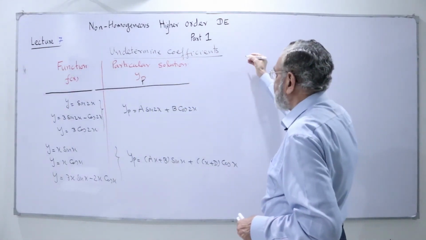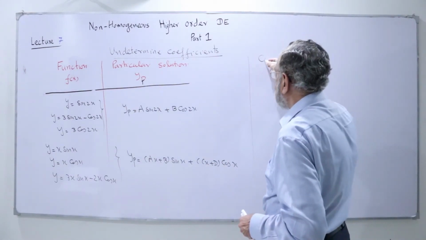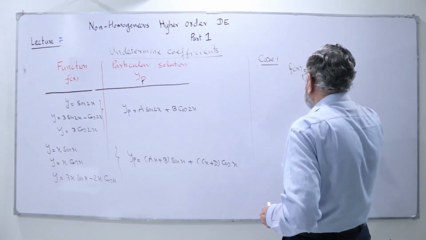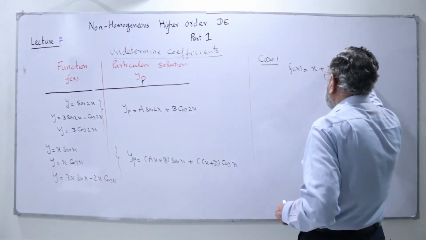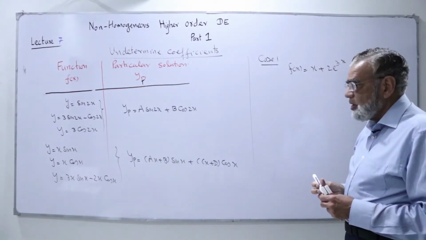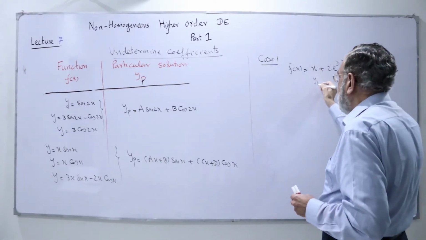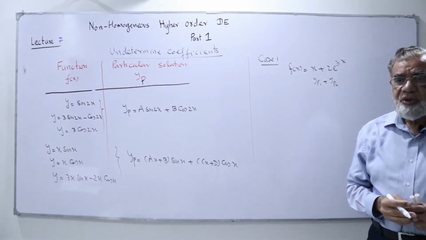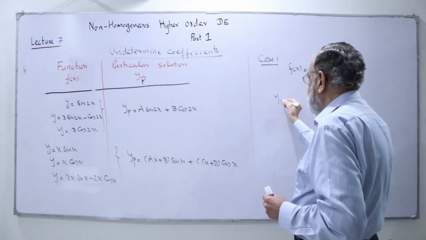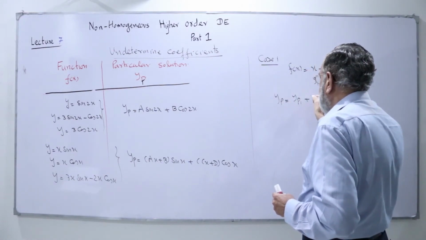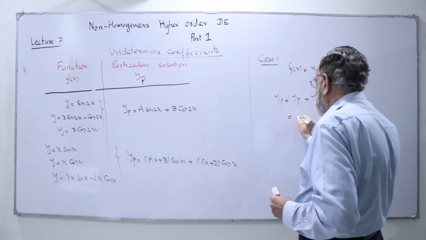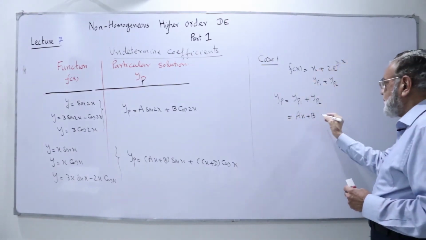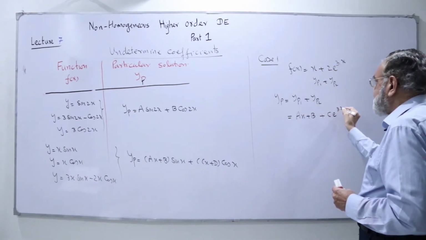We can have the case here. Case 1: we have the function f of x as a combination of x plus 2, e to power 2x or e to power 3x. How do we write yp? So we have two yp's. Here our yp is yp1 plus yp2. yp1 is for the polynomial function and yp2 for the exponential function, and we say our yp is equal to yp1 plus yp2. So what's yp1? It is ax plus b, a polynomial function of degree 1. What's yp2? This is a constant c e to power 3x. Case 2,